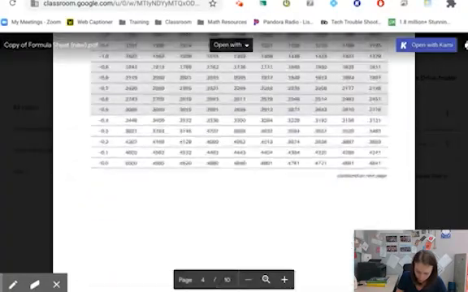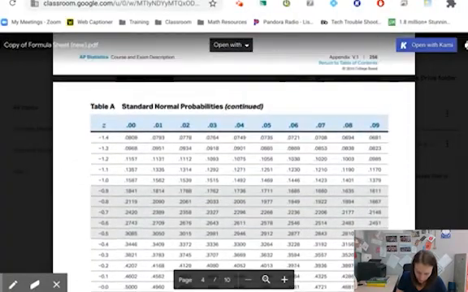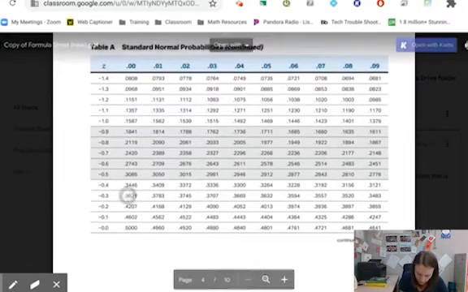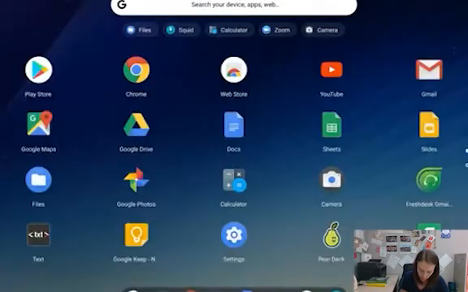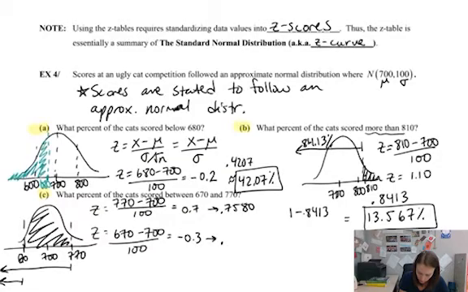I'm just going to go back up to the negative page. 0.3 is going to be here, 0.3821. And when I subtract those two pieces, let me grab my calculator here, 0.7580 minus 0.3821 is 0.3759,